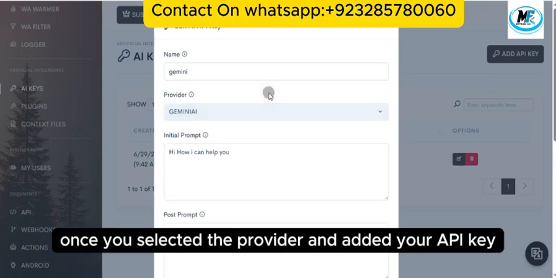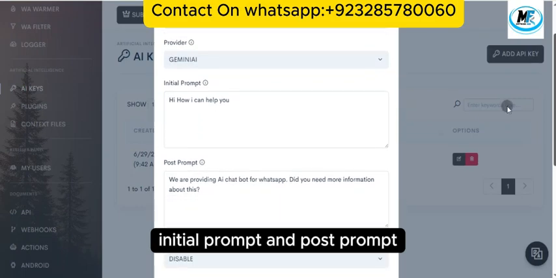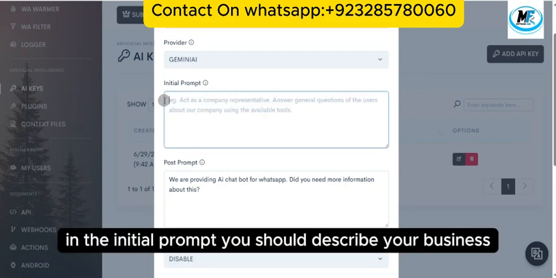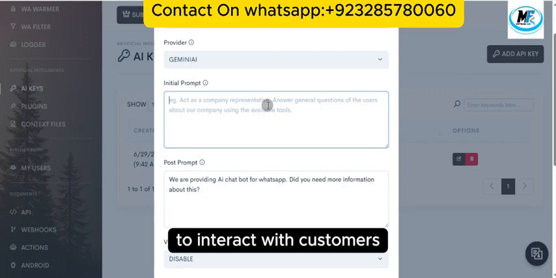Once you've selected the provider and added your API key, there are two extremely important sections: initial prompt and post prompt. These two prompts define how your AI chatbot behaves. In the initial prompt, you should describe your business, your brand, and the way you want the chatbot to interact with customers.